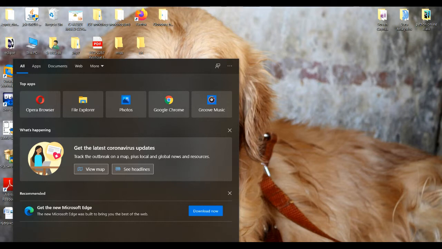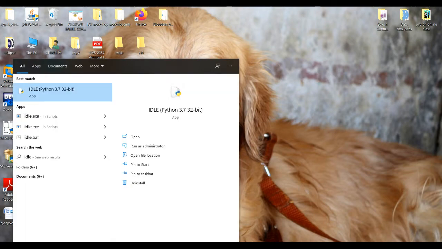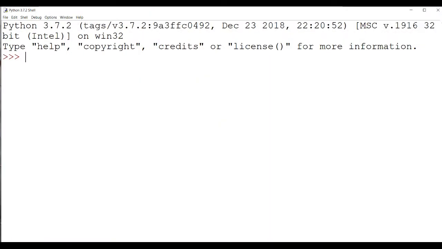In today's video, we are going to learn how variables are used in Python. Variables are containers for storing data values like integer, float, string, or anything. For example, x is my variable and I'm storing 10 as the value in x. When I type x, it will give the answer as 10.